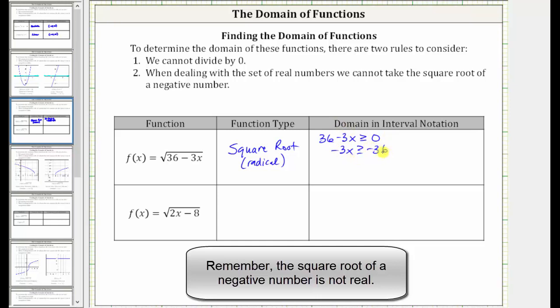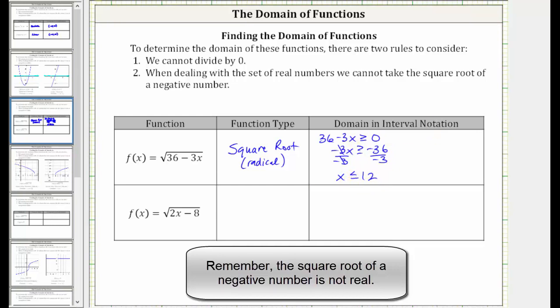Now to solve for x, we divide both sides by negative 3. But remember, when solving an inequality, if we multiply or divide both sides by a negative, we must reverse the inequality. So in simplifying here, we have x on the left. We reverse the inequality, so we have x is less than or equal to. On the right, we have negative 36 divided by negative 3, which is positive 12. This is a domain, so the domain is x less than or equal to 12,